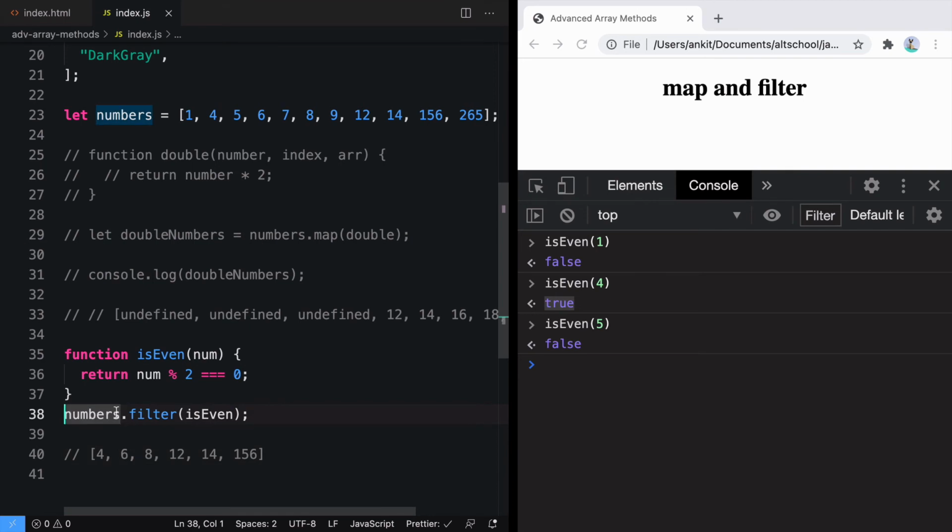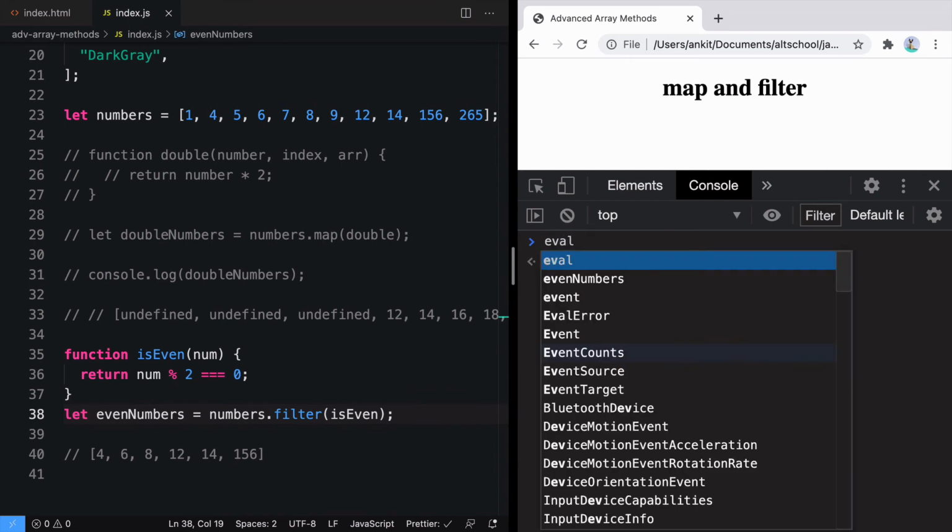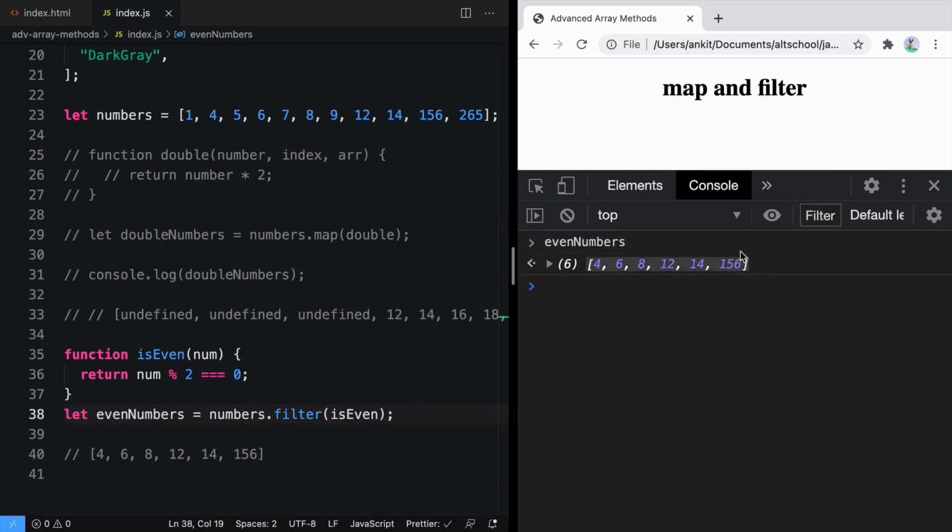We can store that array, call it evenNumbers, refresh it here, and call evenNumbers, and evenNumbers contains the exact same thing that we predicted, that is an array with the values 4, 6, 8, 12, 14 and 156. So filter accepts a callback function, and if that callback function returns true, the value that is passed inside will be stored into a new array.